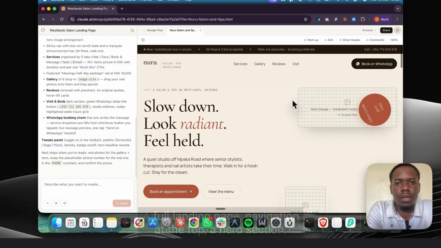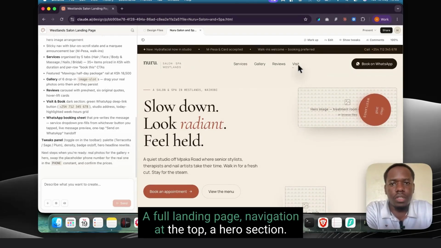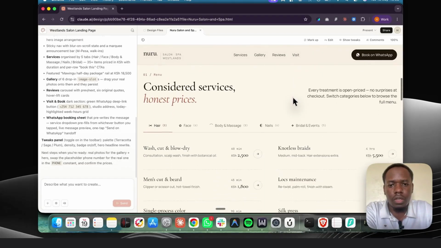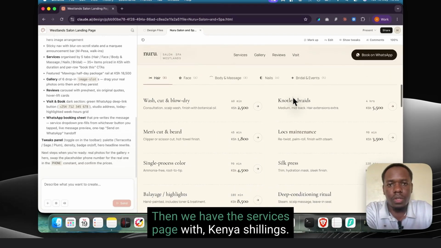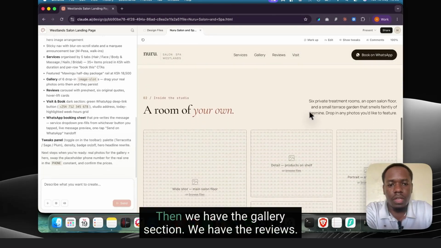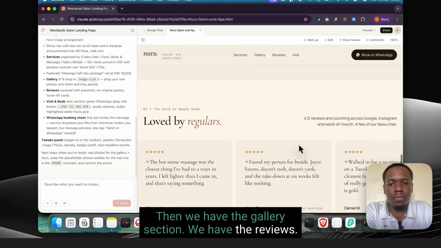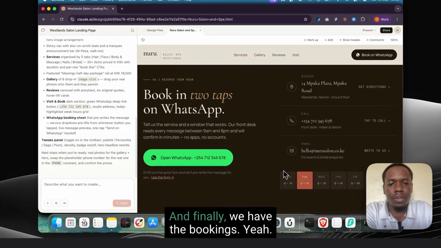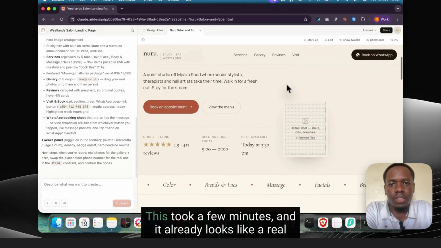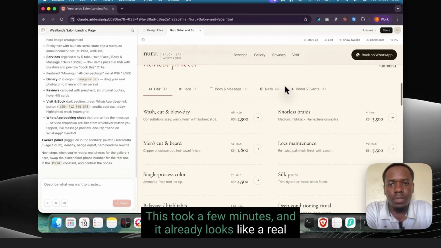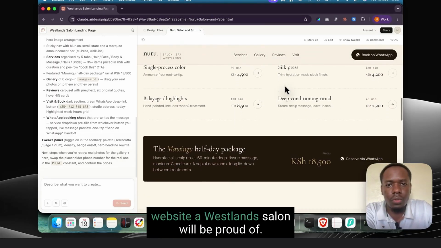And there it is, a full landing page, navigation at the top, a hero section. Then we have the services page with Kenya shillings. Then we have the gallery section. We have the reviews. And finally we have the bookings. Yeah, this took a few minutes and it already looks like a real website a Westlands salon would be proud